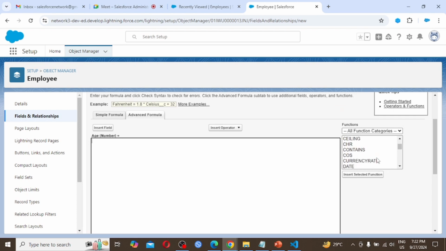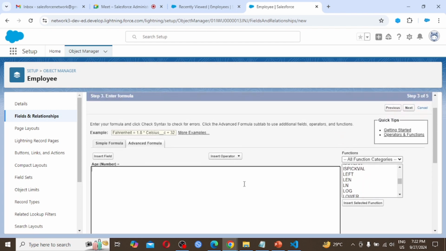So contains, date, date time value, day, floor, find, expression, hours, if this value then what will be the next value, is null, number, week, then length, left, log, and so many values are there.